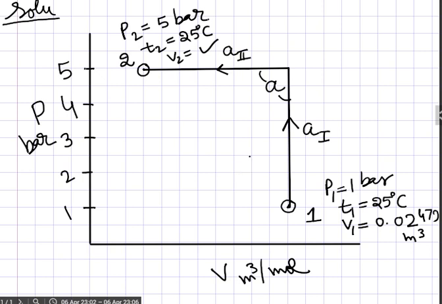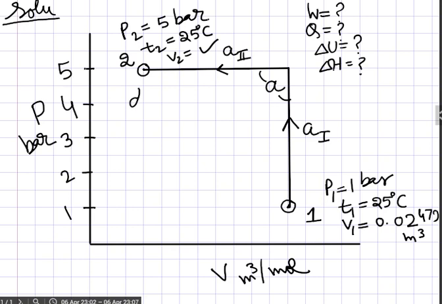Now for this path you need to calculate the work done, the heat exchange, the change in internal energy, and the change in enthalpy. So basically in these kinds of numericals there are these quantities that you have to calculate. How will you calculate them? In the last lecture I gave you the formulas. Again I am writing the formulas here. You will use those 4 or 6 formulas.